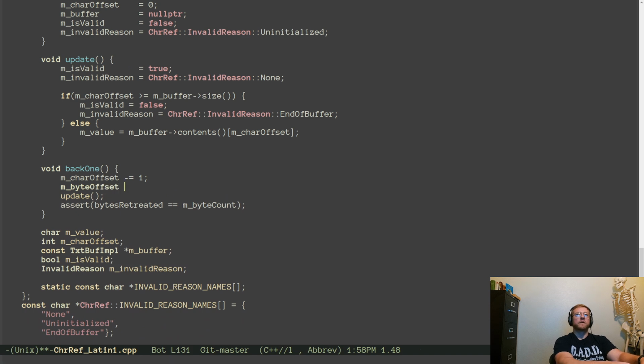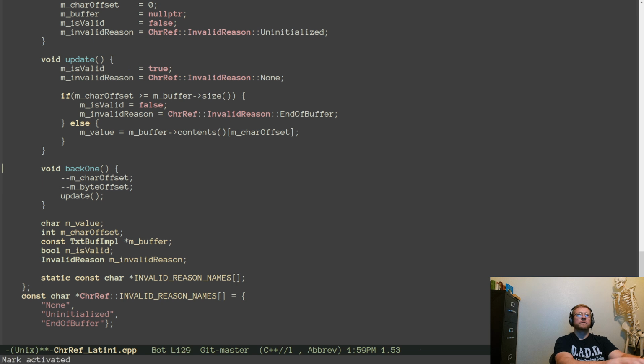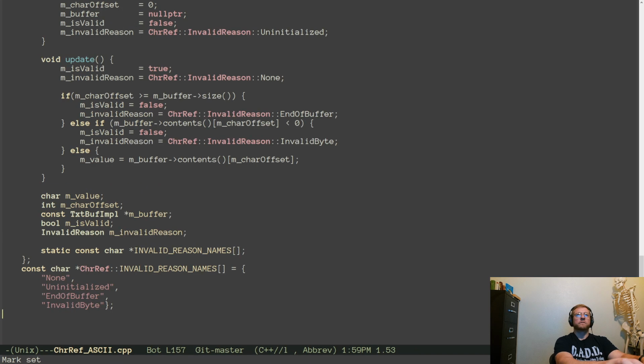Byte offset and update. This is the same for char ref ASCII.